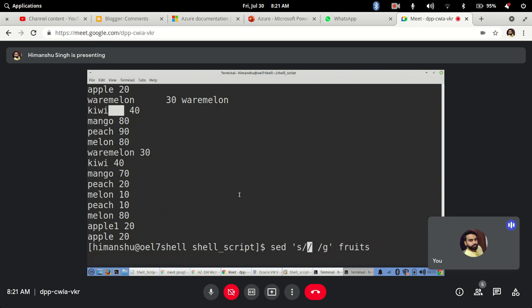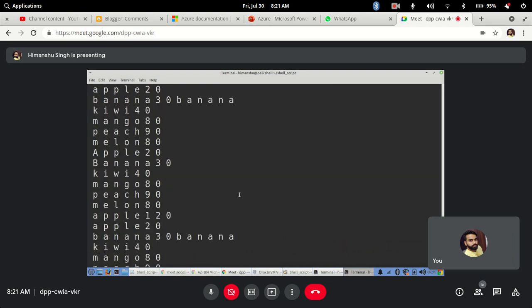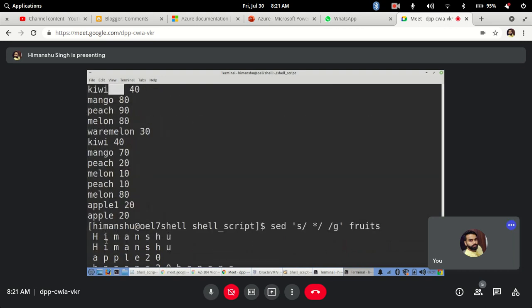So to denote multiple spaces, use space star. Okay, so it will change your multiple spaces into a single space, and hit enter. So see what it has actually done. Wherever the specific entities are there, it has changed everything. It has gone ahead and used the space as the separator here.